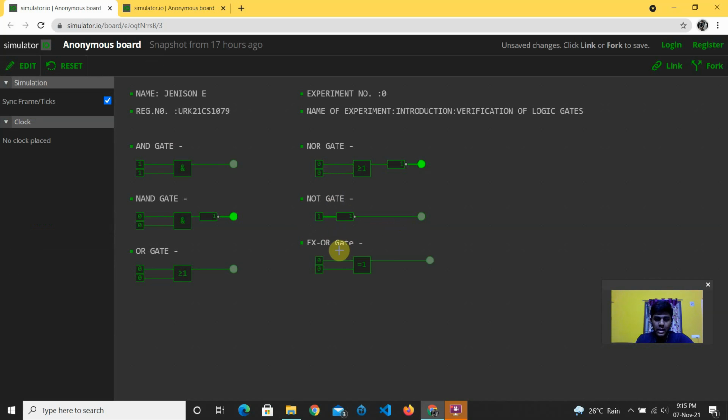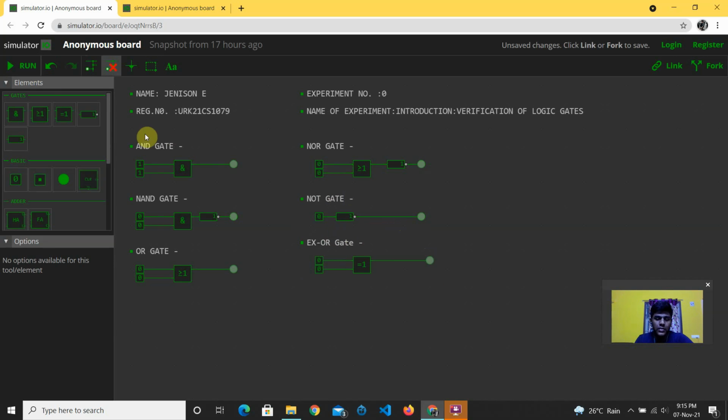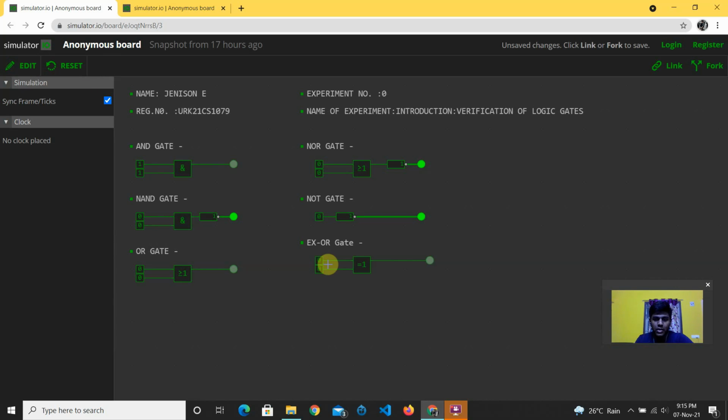So at last we have XOR gate. XOR gate consists of two inputs and a single output. So when we run this, we will be getting the truth table for XOR gate. 0 0 is 0, 1 0 will be 1, 0 1 will be 1. So when we give 1 1, it is 0. The truth table for XOR gate will be 0 0 0, 0 1 1, 1 0 1, 1 1 0. It produces a high output only when an odd number of